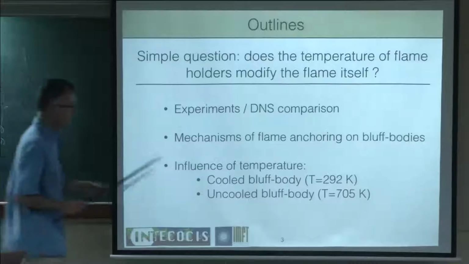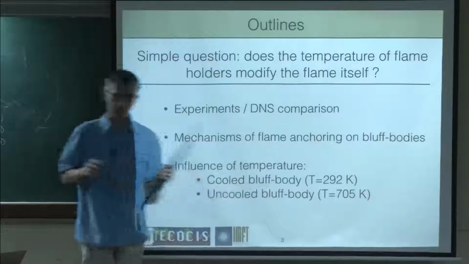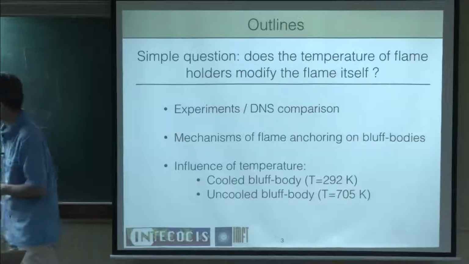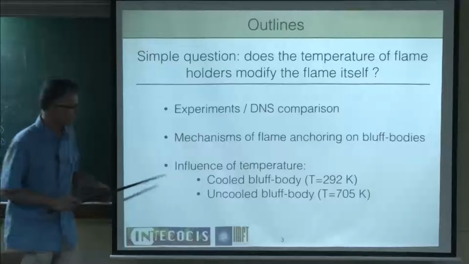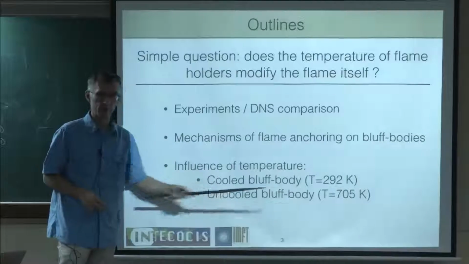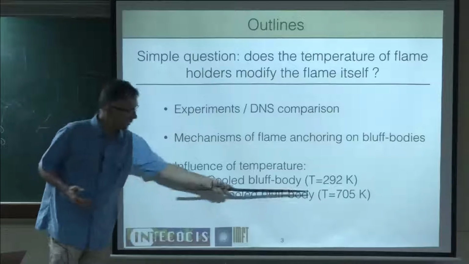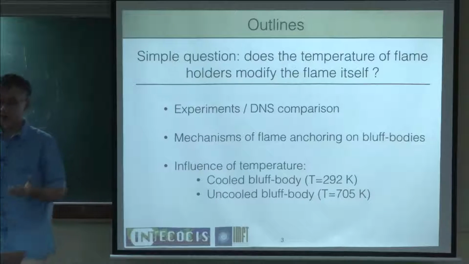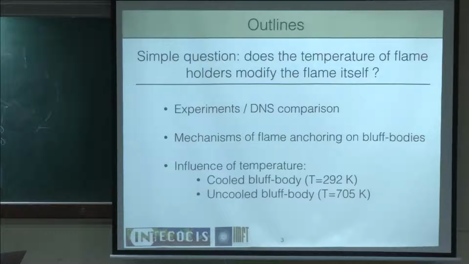So when we cool this cylinder, we'll be able to keep its temperature to low values. So this thing here will be 300 K. And when we don't cool it, it will go to high temperature, because nothing is there to cool it. It will go to 700 K. And the interesting point, again, is does that change the flame shape? Because, again, you go to FGM, FPI, flamelet.